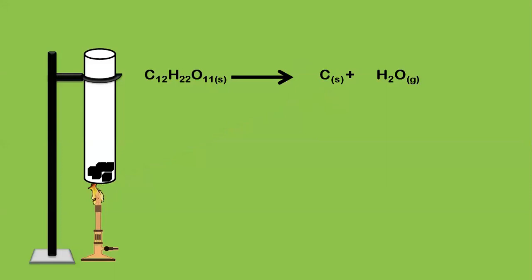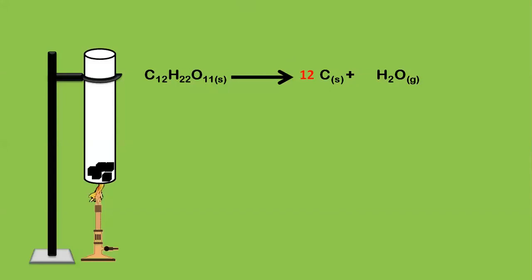Before we understand that, let us try to balance this chemical equation. I'm sure all of you would be able to balance. Do not worry about the numbers which are given here. You might be feeling, ma'am, 12 hai, 22 hai, 11 hai. How will I balance? Do not panic. Just see left side and right side and try to balance the equation. Let us see. How many carbon do I have on left hand side? 12. And how many carbon do I have on the right hand side? It's 1. So how will you make it 12? By multiplying it by 12. As you can see here.